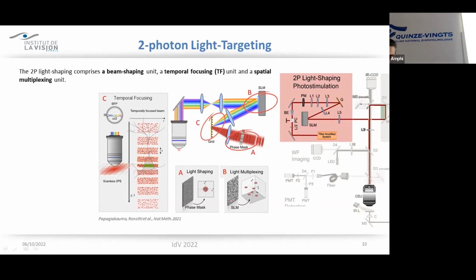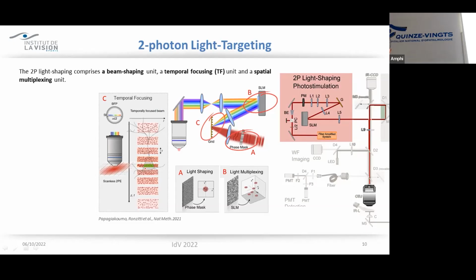I don't want to enter too much into the details, but the point is that when you have a pulsed beam and you disperse it by using a kind of grating, then you can create an effect such that the pulses become quite stretched in all the out-of-focus planes, while they become quite narrow in time at the focal plane. What happens is that you have a very high density of photons when you are in the focal plane of your interest, and the photons are quite diluted in all the out-of-focus planes. So basically, you create a 2-photon excitation only